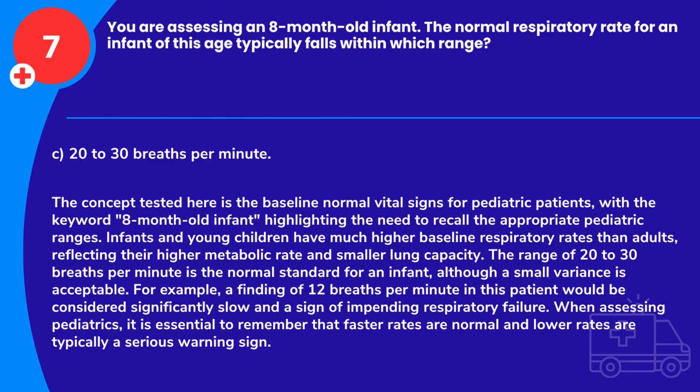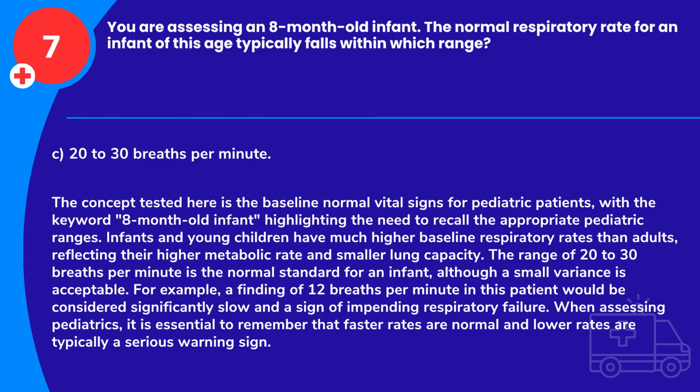variance is acceptable. For example, a finding of 12 breaths per minute in this patient would be considered significantly slow and a sign of impending respiratory failure. When assessing pediatrics, it is essential to remember that faster rates are normal and lower rates are typically a serious